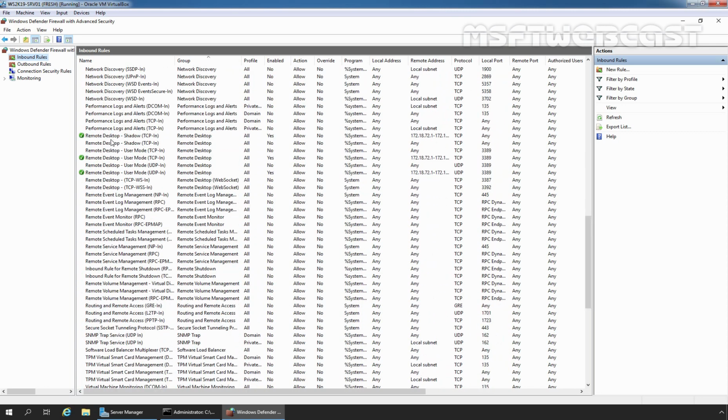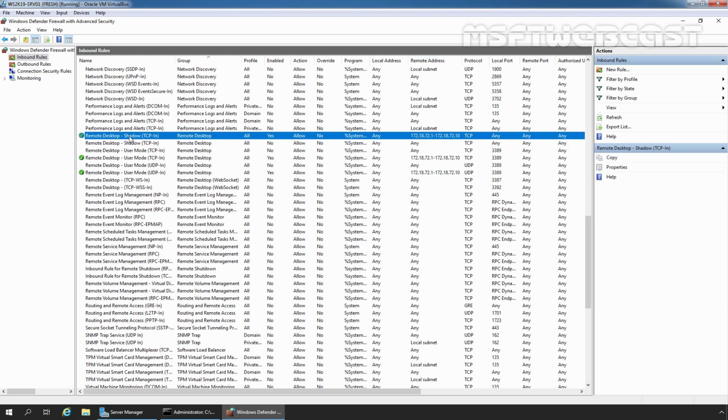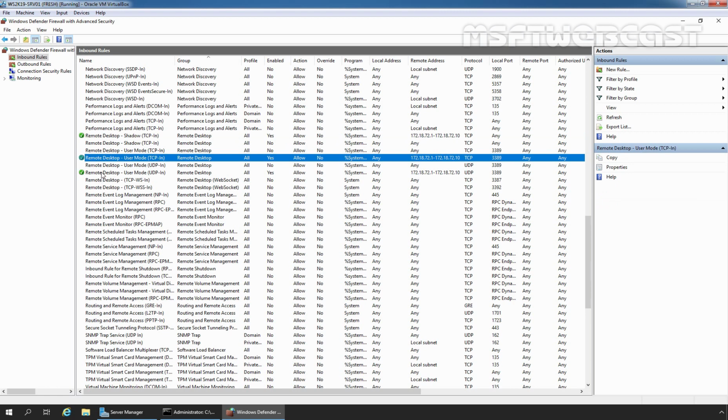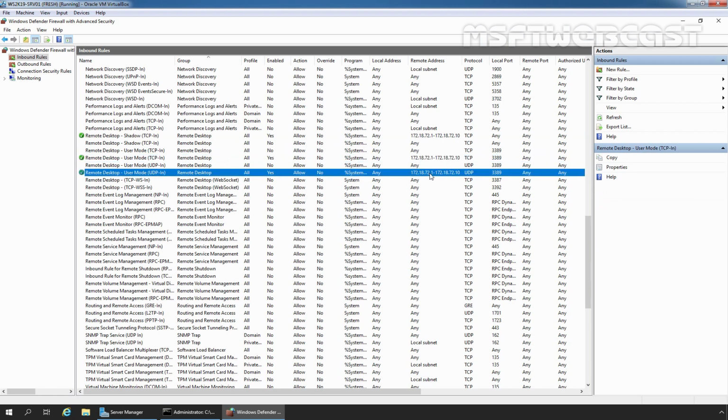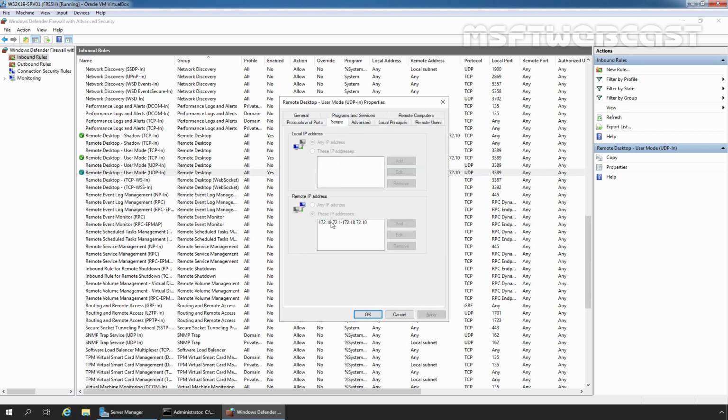Here we can see those three rules: remote desktop shadow TCP in, remote desktop user mode TCP in, remote desktop user mode UDP in, and these are the rules which we have created. Let's double click on it. Let me click on scope so we can confirm that rule has been successfully created on our member server. So the firewall predefined rules for remote desktop are created successfully using the Group Policy.